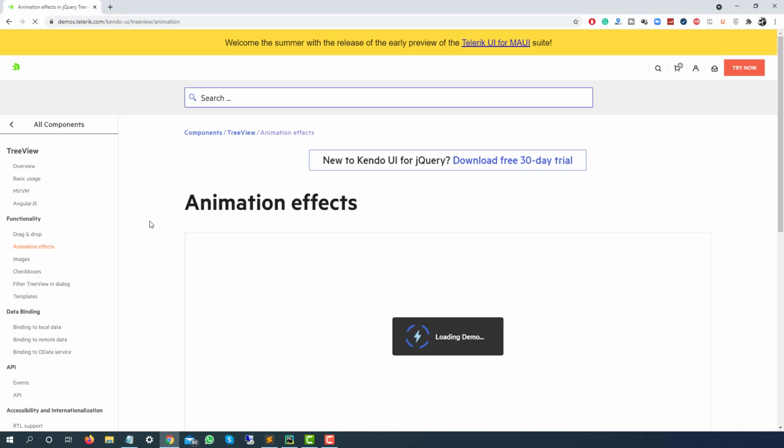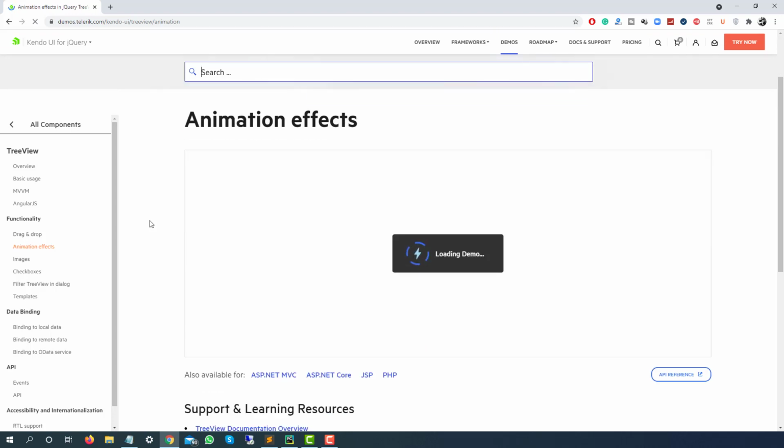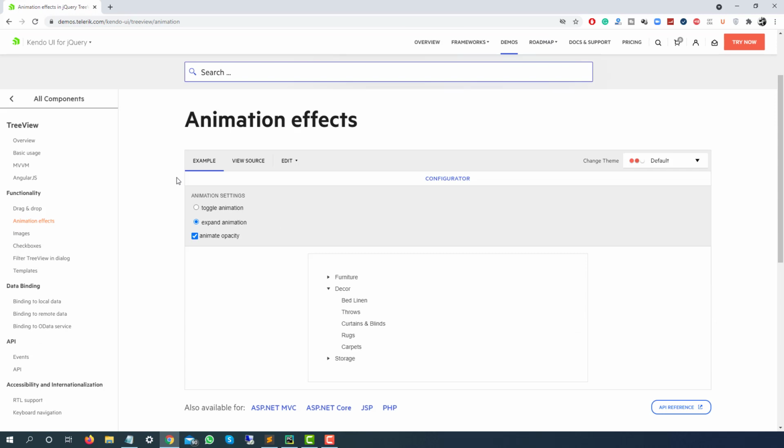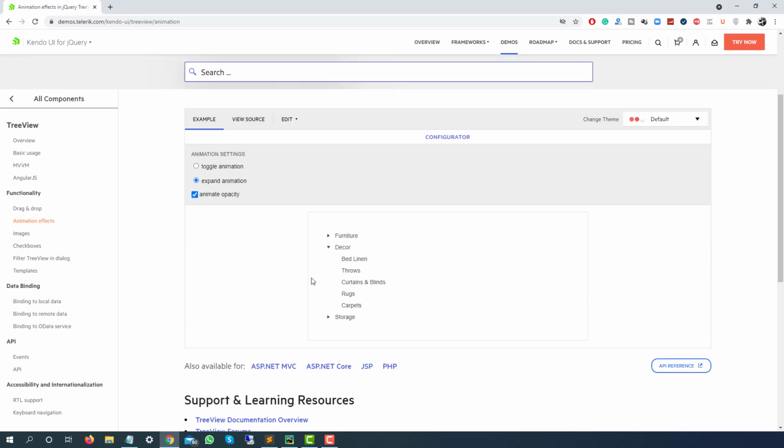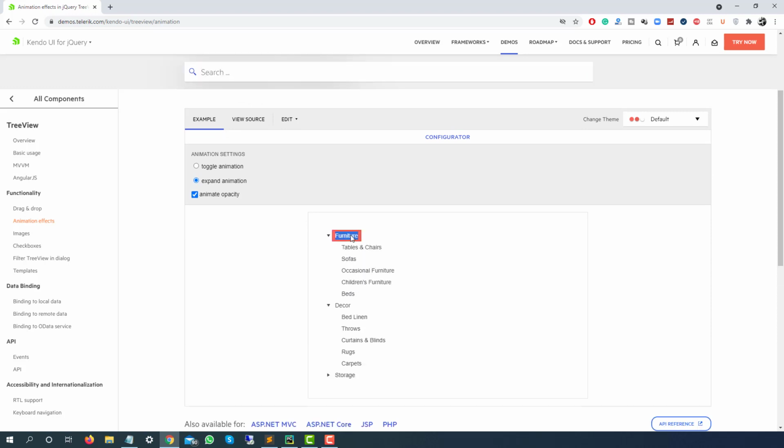Since we have already seen how to work with the click method, in this example we are going to use double click, and then in the second part I will also show you how you can click on that arrow icon, so that you will get the same menu which comes even after double click. As you can see, the moment I reload this, by default this is open, but the moment I double click on this furniture, I'm able to see all these options, which are table and chairs, sofa, occasional furniture, and so on.